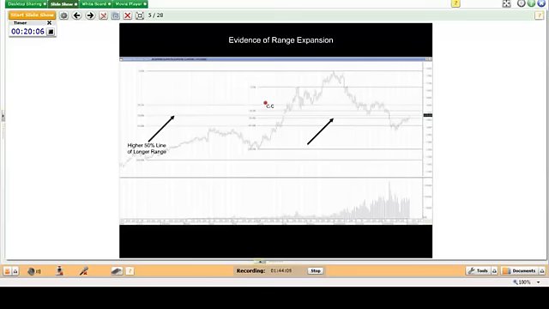Let me move forward here. Range expansion, this is a daily, I believe this is the Swiss franc, daily Swiss franc chart. This is just the opposite. This is another case of a falling trend. Swiss franc over here, I selected a range, 100% level. Down here, here's a bottom. This is a small range right in here. If you can see,